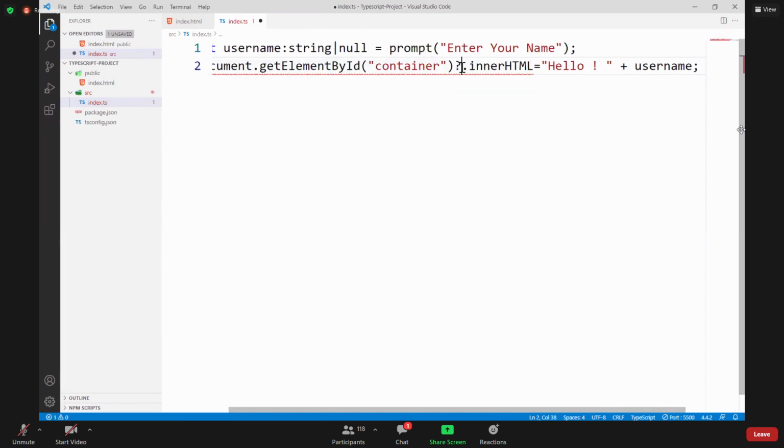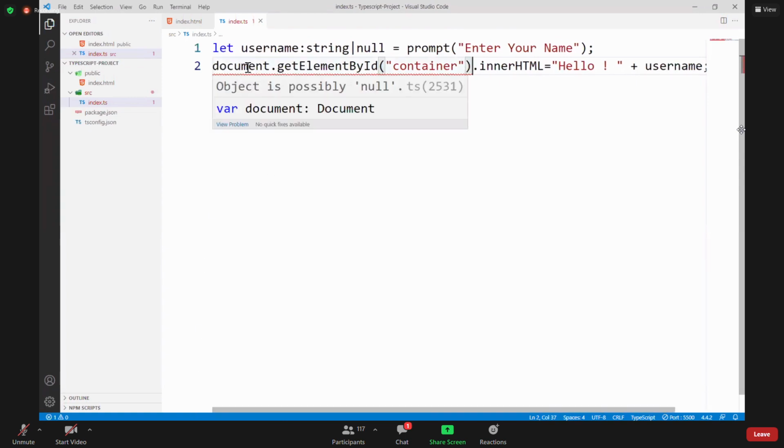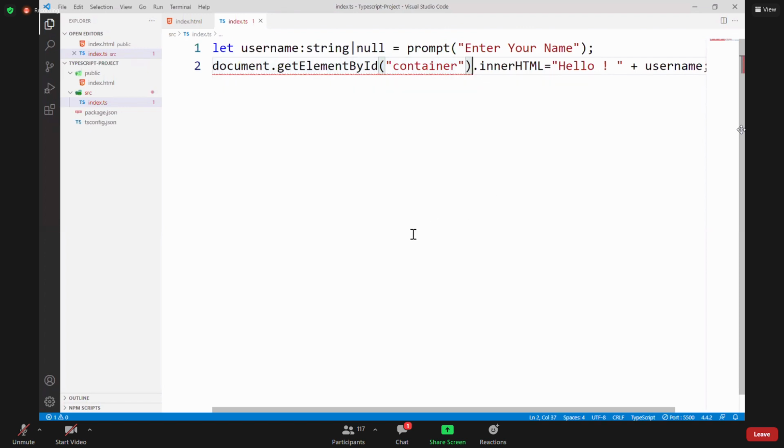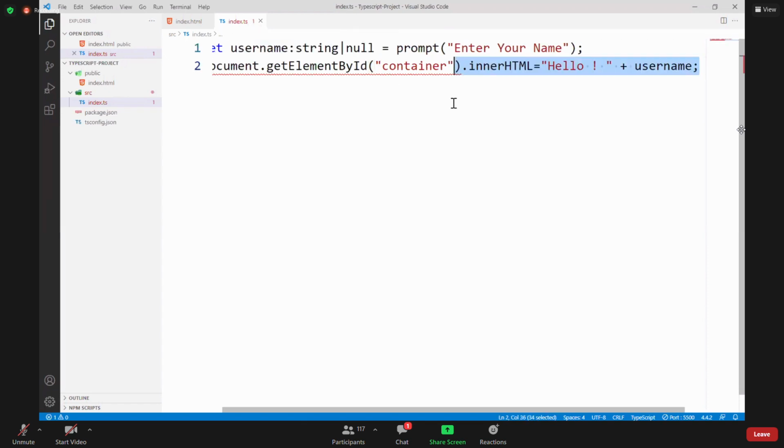Actually, don't worry about these issues. It is showing some errors, red markings and all. Here it is expecting null. Currently, don't worry about that, because later you will understand those concepts. As of now, you use your general JavaScript. You don't need to use this also actually. You can directly use general JavaScript concepts. I am just showing you the basic point.